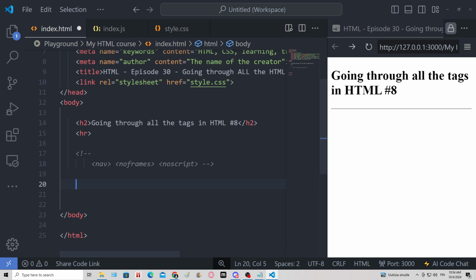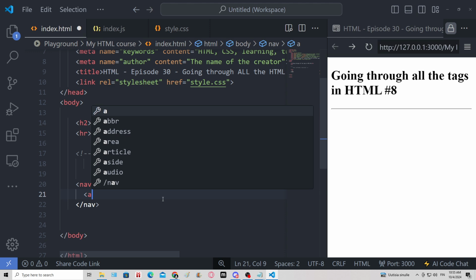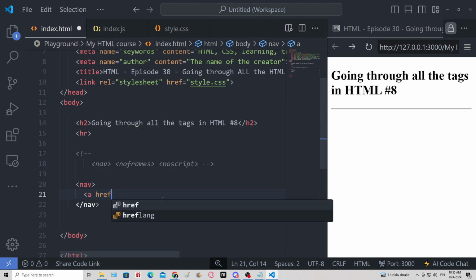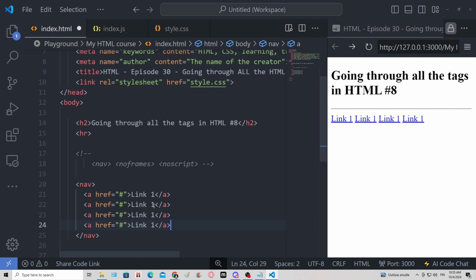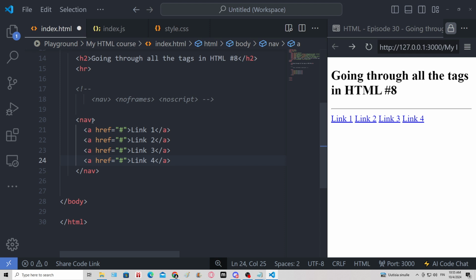Alright, I'm gonna give you an example about this. So we gotta create a navigation element first. And inside of this one, we can create a bunch of anchor tags. The href will be hashtag, and link will be link1. Then I'm gonna copy this a few more times. There we go. That's a total of 4 links right over there, and they are all inside the navigation element. We can give this a class of navigation